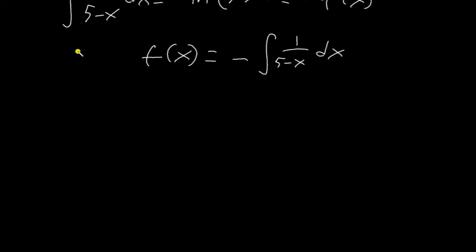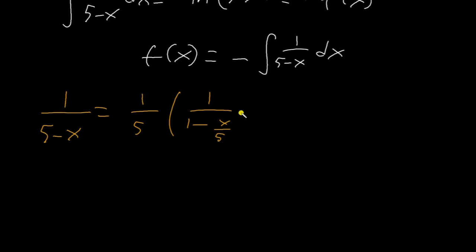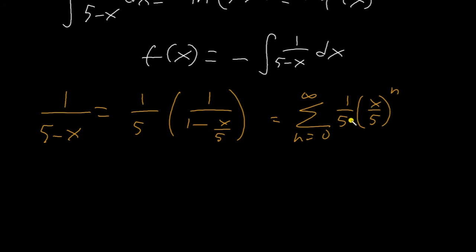So 1 over 5 minus x equals, I can factor out the 5 since I want to get into a 1 over 1 minus something. This will be 1 over 5 times 1 over 1 minus x over 5, like this, okay? So this is a very simple power series to do. This is just equal to the sum from n equals 0 to infinity of 1/5 times x over 5 to the n, right? I can rewrite this also